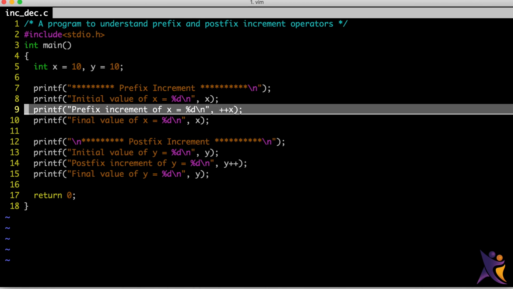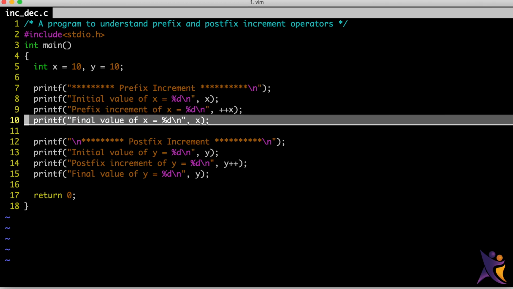Since this is prefix increment, the value of variable x will be incremented by 1 here itself. This is the intermediate step, and in the intermediate step itself we are incrementing the value. So this line 9 will print 11. The final value of x will be 11, because we have already incremented the value. So the output of lines 9 and 10 will be 11.